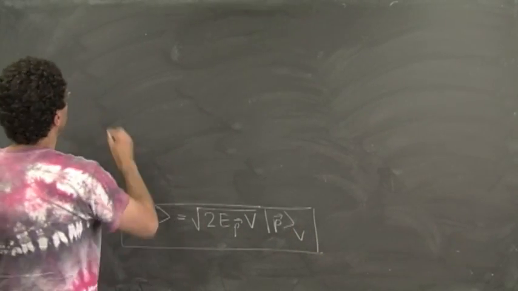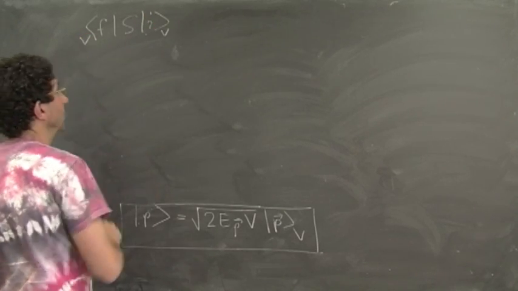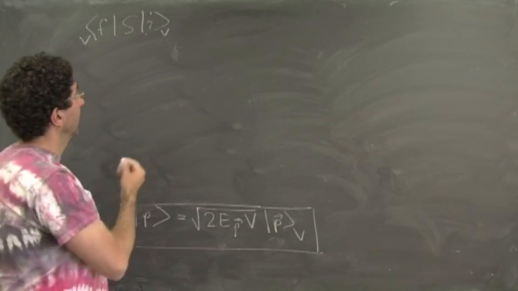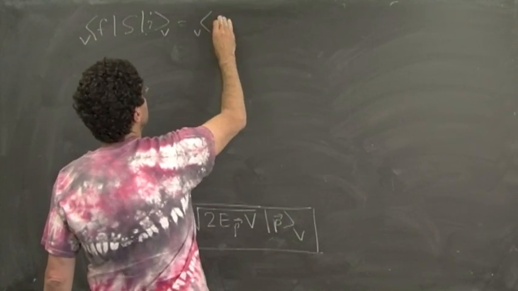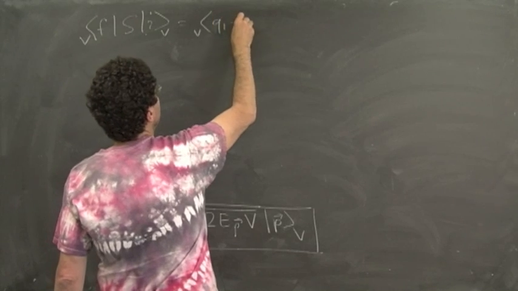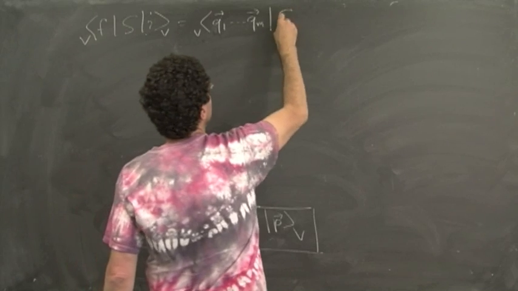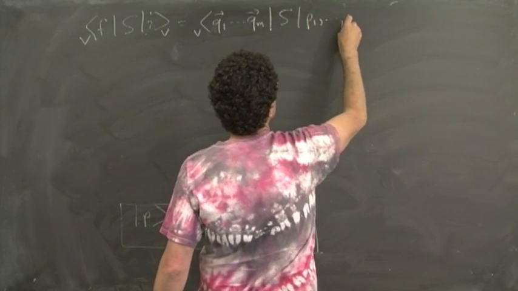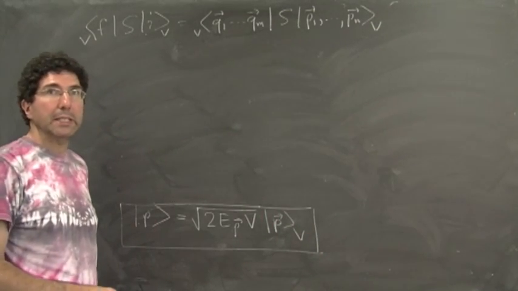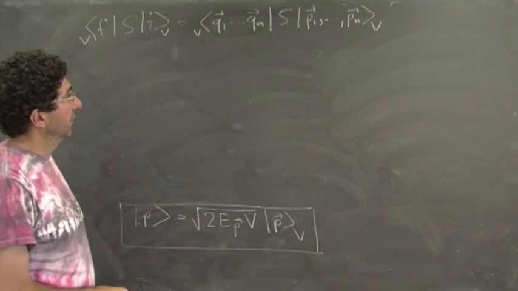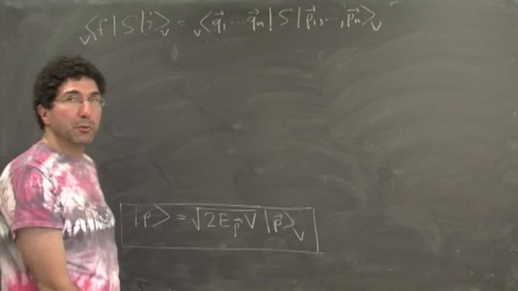I would like to calculate the S matrix element, but now between states that are normalized with infinite volume. And what are these states? Well, the final state is some state of, let's say, m q's at finite volume, and the initial state is the state of n particles with momenta p. And then using my formula down here, I can relate this to the S matrix element